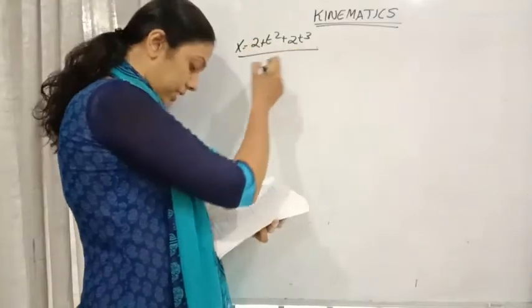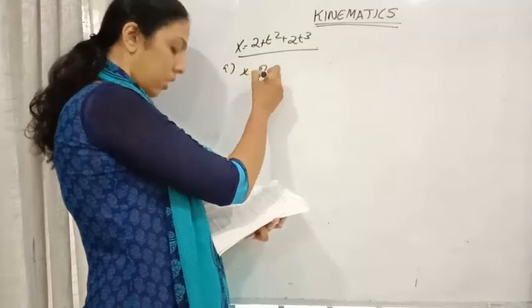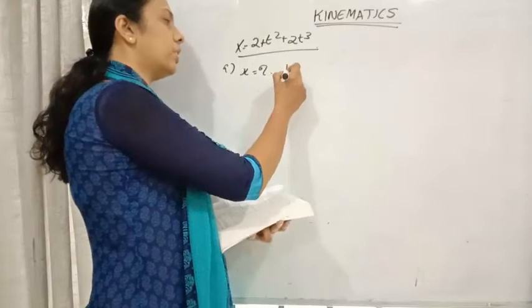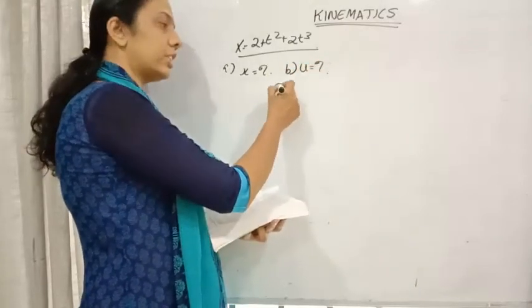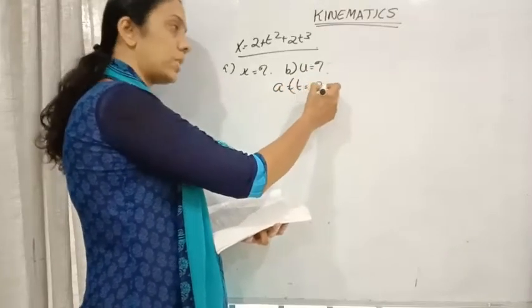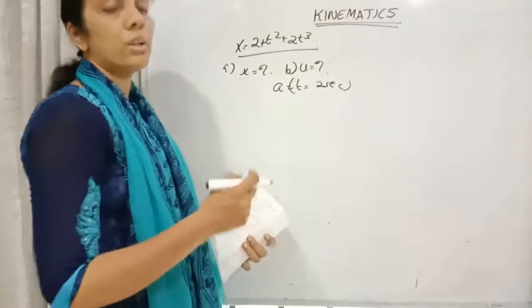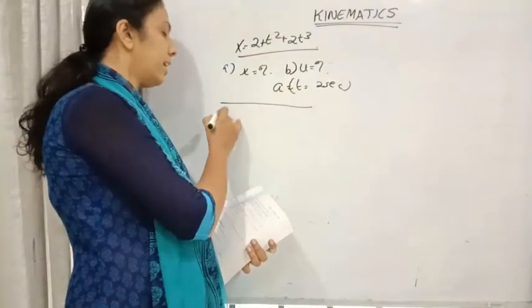Find the initial velocity of the particle, and find the acceleration of the particle when t equals 2 seconds. For the position, when it is at the start of the observation